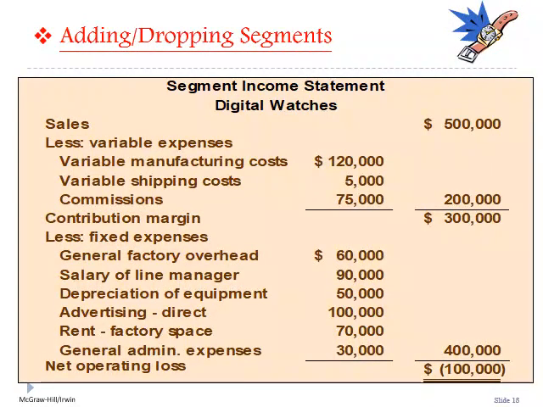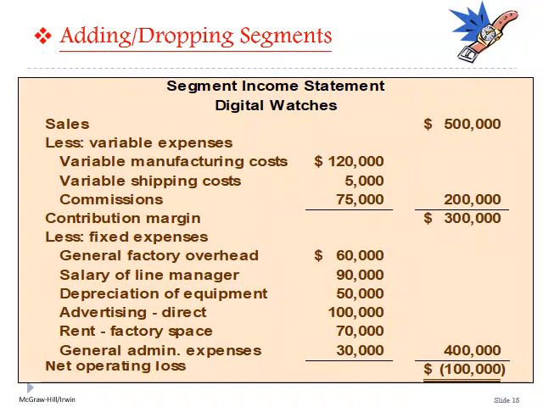We have many fixed expenses: general factory, salary of line manager, depreciation of equipment, advertising, rent of the factory space, general administrative expenses. So the total fixed expenses will be 400,000. So we are going to compare 400,000, which represents the total fixed cost, with the contribution margin lost,